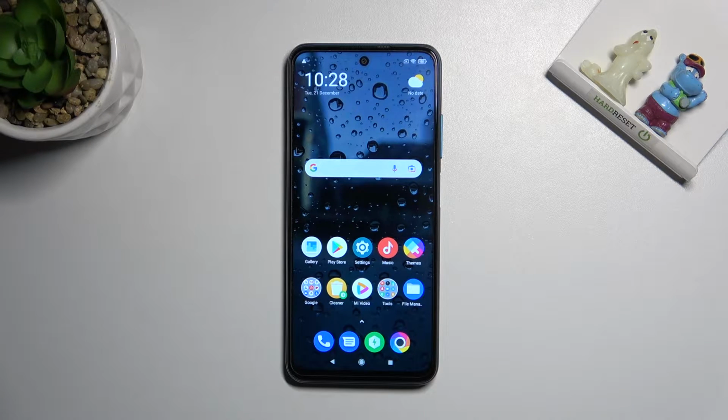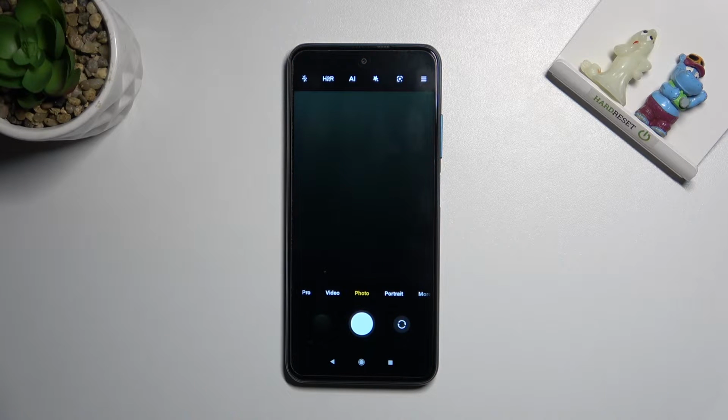Welcome, here I've got Xiaomi Poco M3 Pro and let me show you how to turn on and off camera mirror effect at this device. So let's start by tapping on camera button to open it, and for now we are on standard photo mode